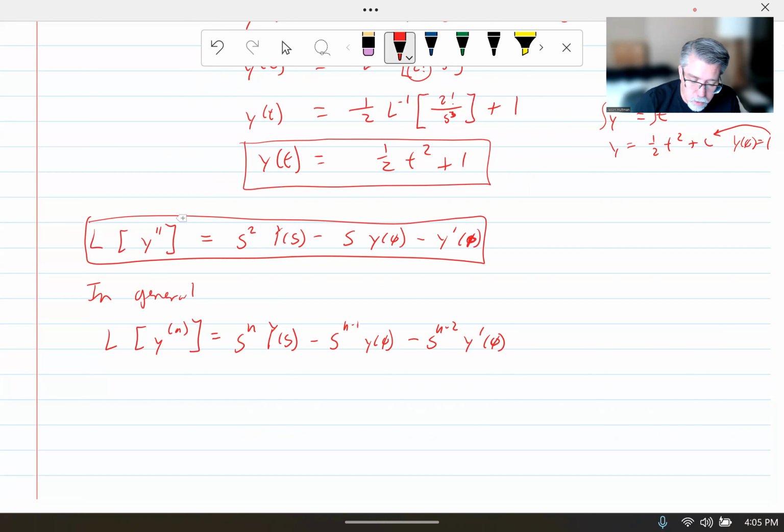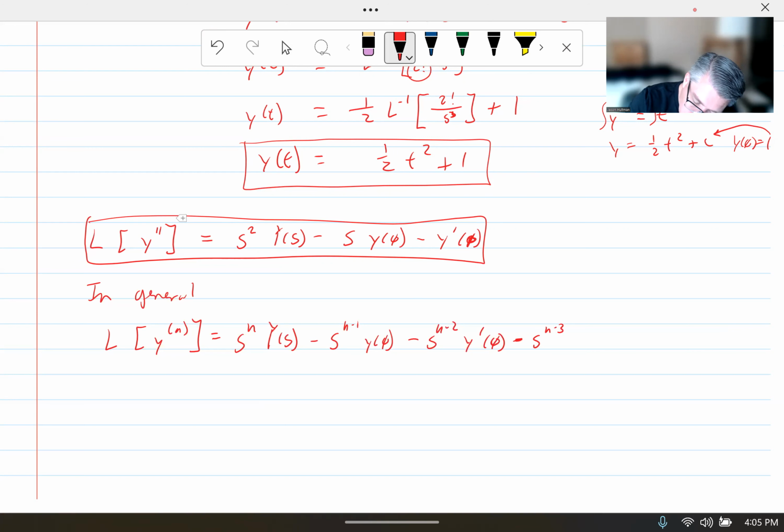So if we had a second order differential equation, we would stop there because that would give me s to the 0 times y prime. But if I had a third or a fourth or a fifth, I would just keep going: minus s to the n minus 3